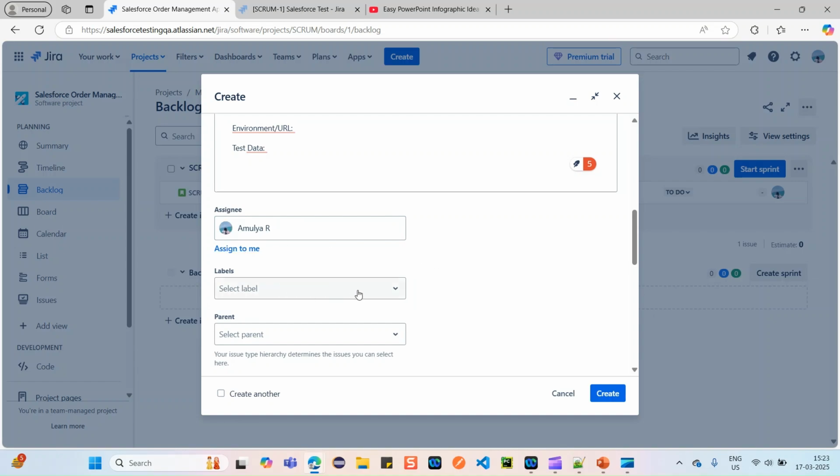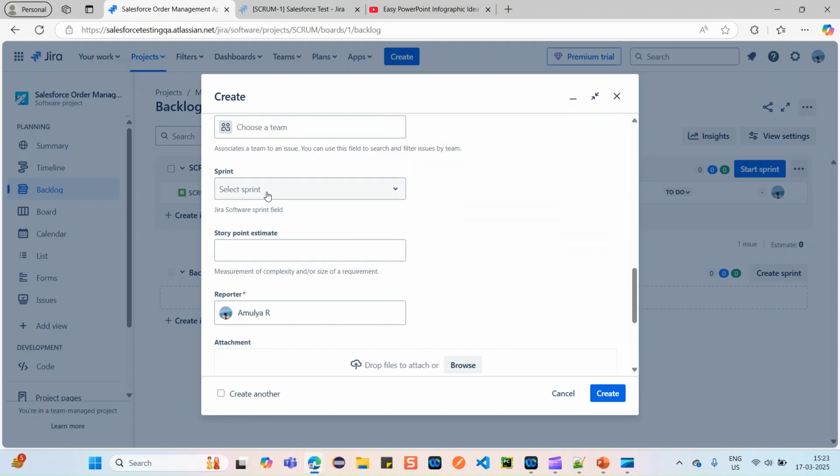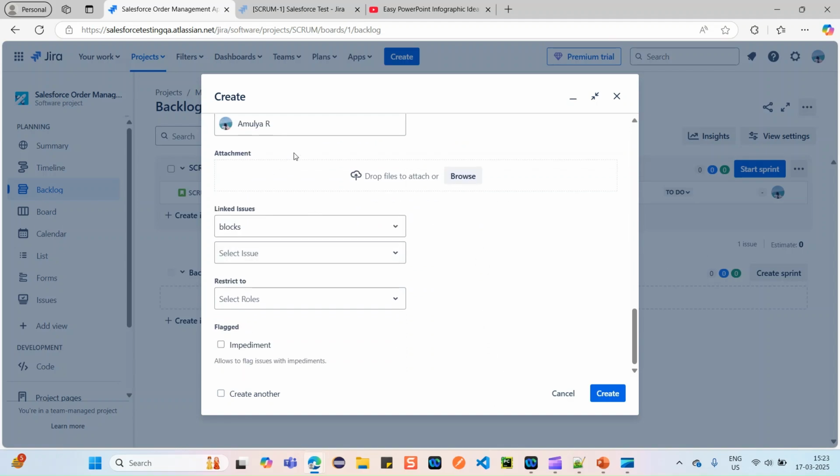Next, labels. Currently labels are not much important, but you can see we have something called a sprint also. Here you can select your sprint one. The reporter name will be the person who is actually creating the defect, which is me. Then attachments.